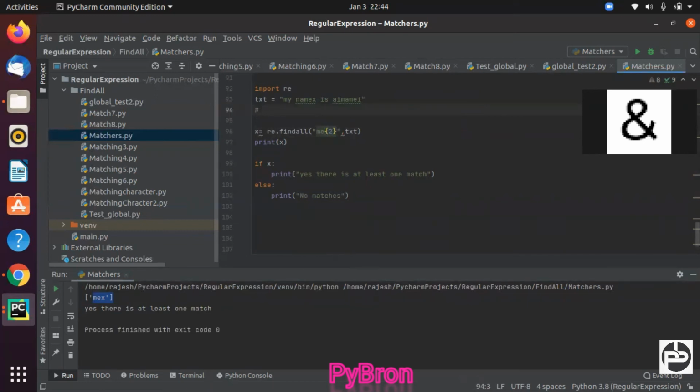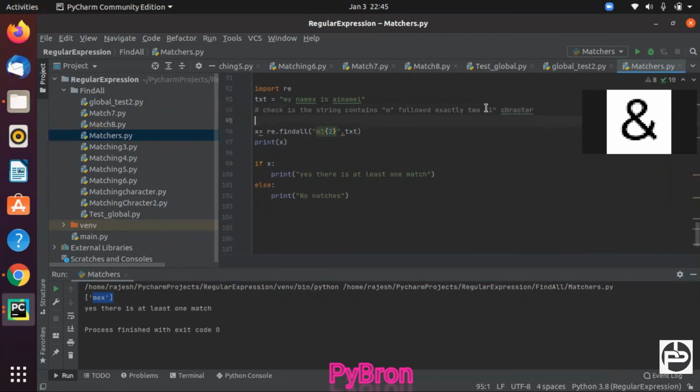It will check if the string contains a me followed by exactly two characters.